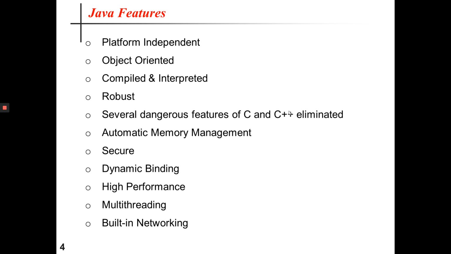So in that sense, the .class file is basically giving the platform independent feature of Java. So it is not like C or C++, where it is a compiled programming language, and this bytecode can also be distributed over the web and interpreted by JVM on whichever platform it is being run.